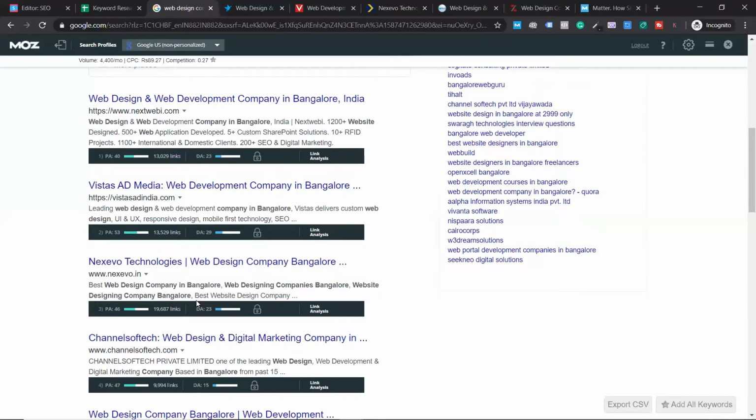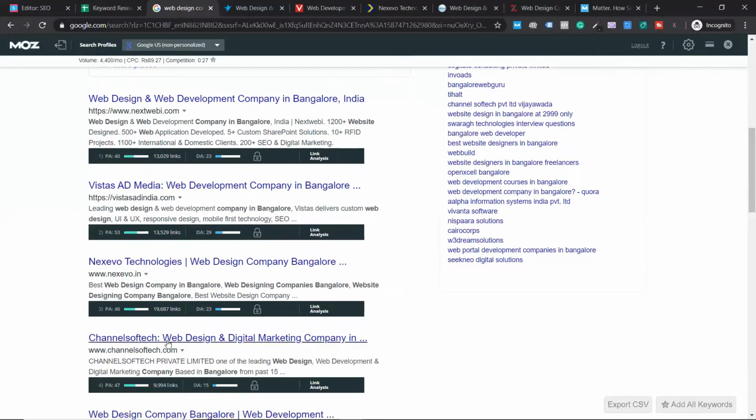Anywhere from 4 months to 6 months should be a decent amount of time to outrank that website if you follow good strategies in building backlinks. So if you see a website domain authority average of all the three or all the five competitors between 20 to 40, it's kind of a medium authoritative industry, and anywhere from 1 year to 1.5 years should be decent enough time to rank. I see here 23, 29, 23, 15. It's the beginning of medium authority. It's not that competitive also. And I see a ton of backlinks here.